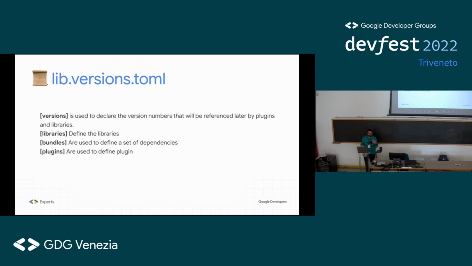You can name it whatever you want, but to keep it simple, to follow this standard, and to make it unified and the same across all the projects on GitHub, it's better to call it simply libs.versions.toml, and that's it. We have four major blocks,